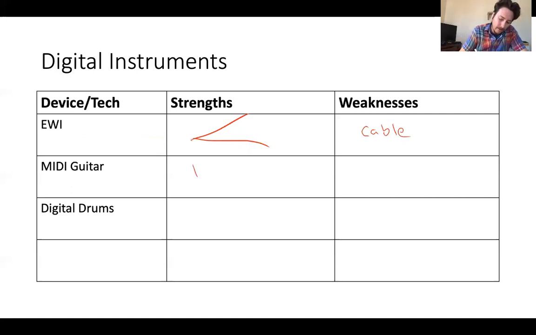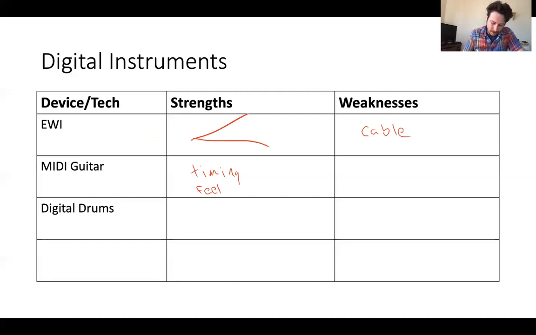MIDI guitar. The biggest complaint that I hear about any of these MIDI guitar type instruments is timing, the feel of the timing of the thing. In a guitar, you touch the string and it sounds immediately, whether it's a sitting string that you then touch to stop, or you brush your finger or plectrum against it. You get this immediate tactile and acoustic feedback of what you have just done. And with the instruments, people going from a string instrument to a controller,